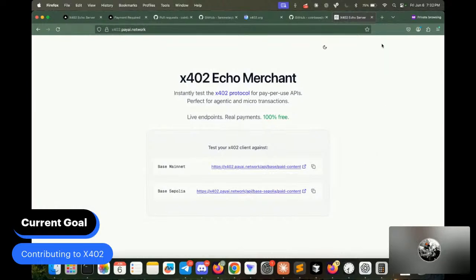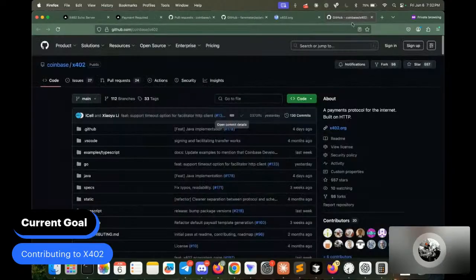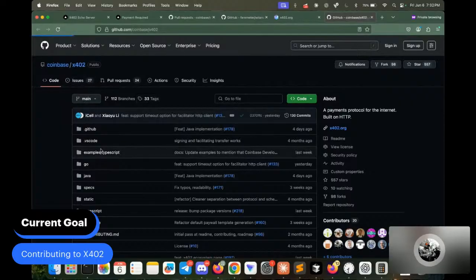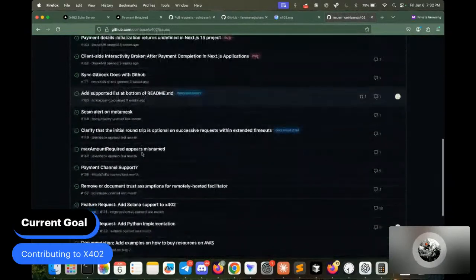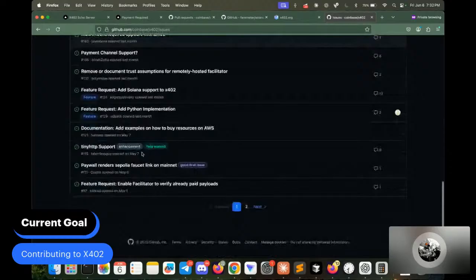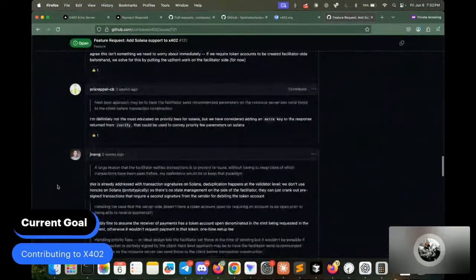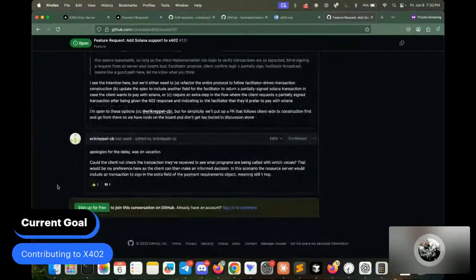So we're looking to do more X402 contributions probably over the next few days. My initial plan was to dig into this issue right here of bringing X402 to Solana, basically adding Solana support to X402. But we got some stuff hot off the press today